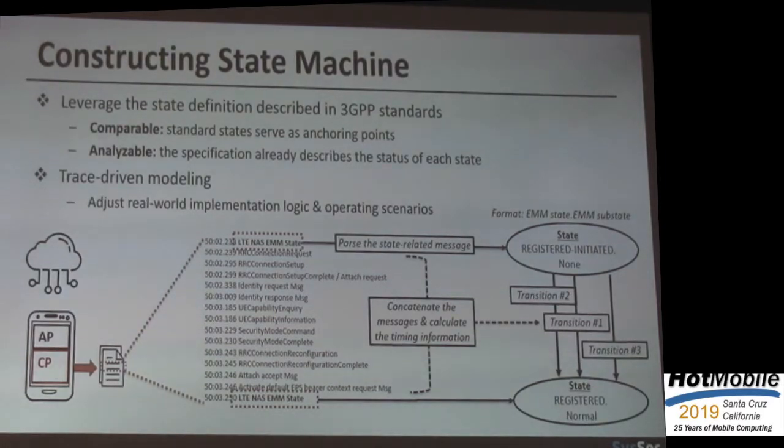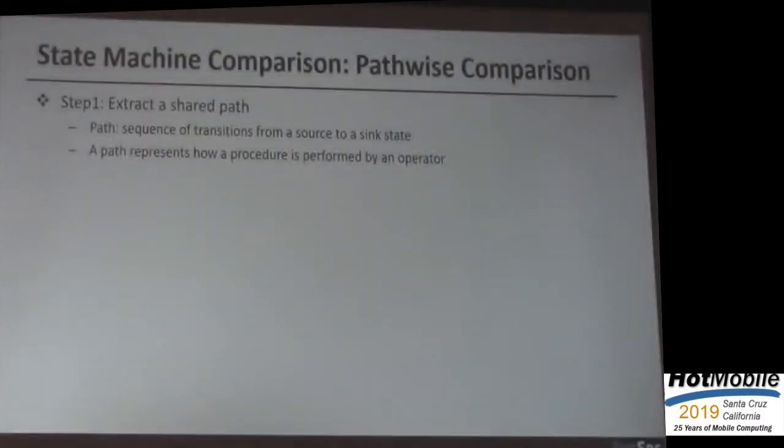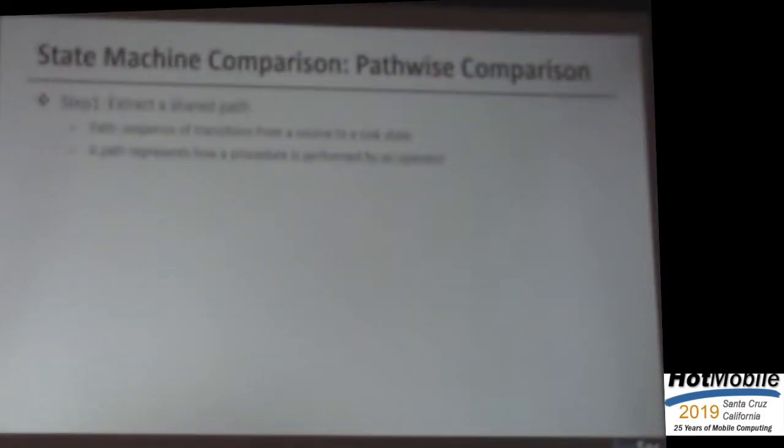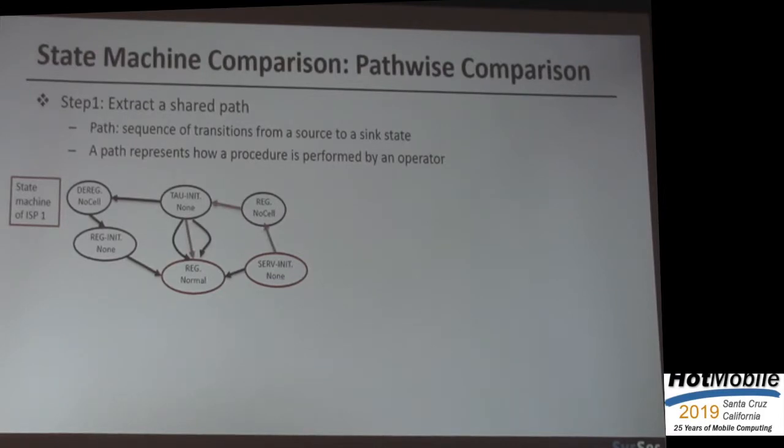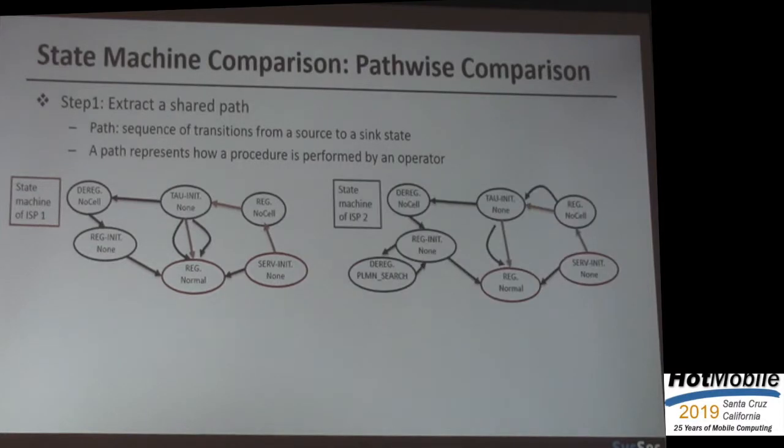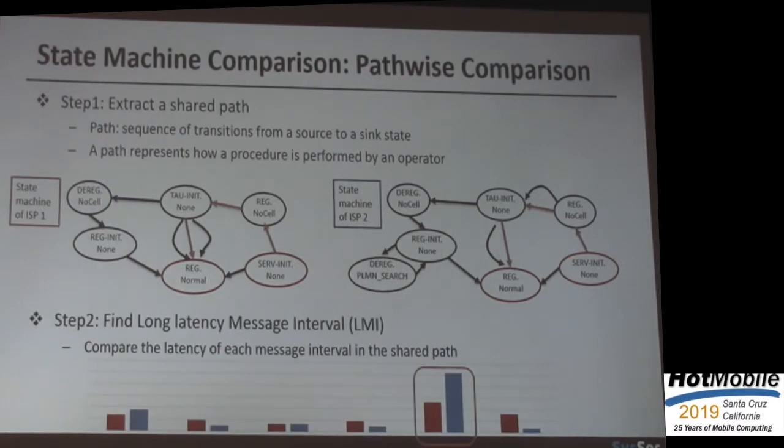All right, then how can you compare the state machines? Once we generate the state machine for each operator, a comparison is quite intuitive. As we focus on the latency analysis, we devise a pathwise comparison method. In detail, as a first step, we extract the path, which is a sequence of transitions from a source to sink state. Then we extract the shared path in other state machines, which have the same transition sequence. And second, we compare the latency of each message interval in the shared path and find the long latency message